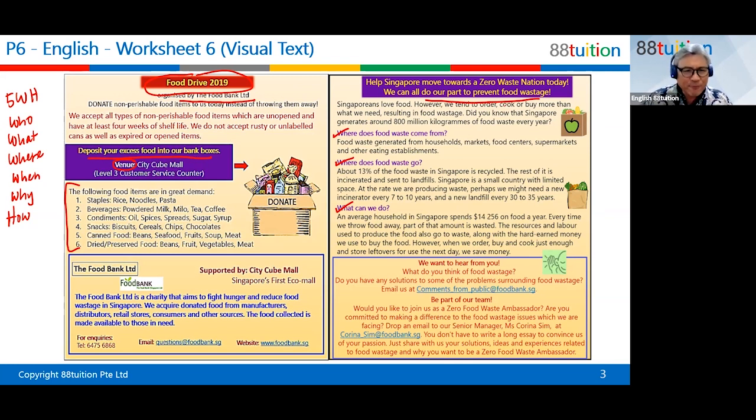This one is food wastage, right? Whereas this one is general kinds of food. Staples, beverages. So these are new foods. Canned foods, packaged foods, right? Whereas this one is about food waste. That's the difference. So whenever you see the different sections, you've got to ask yourself, how do they compare? What's the difference? And then sometimes you try to see the pattern there.